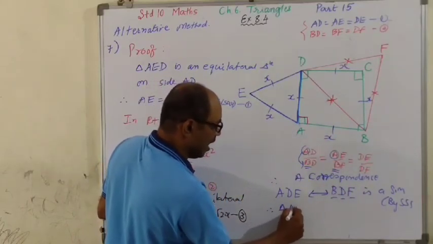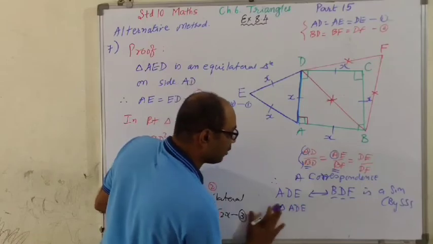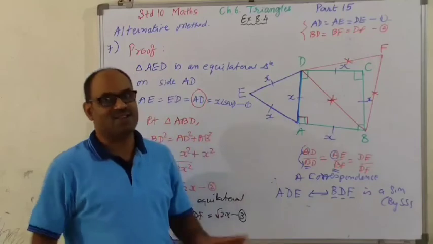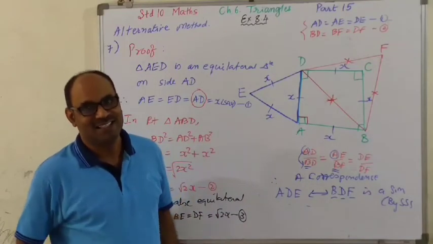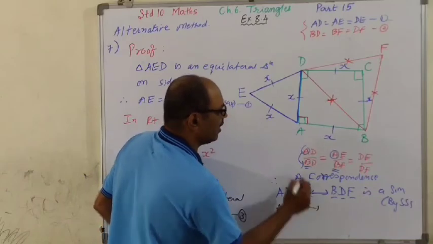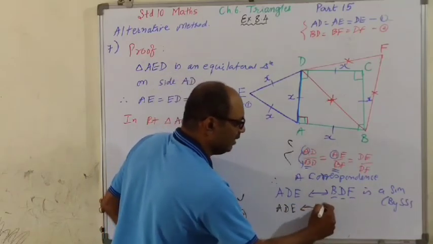Therefore, triangle ADE. Actually, children, here we know all 6 correspondences are similar. So you can write anything if you want. ADE. You don't even need that. You can write